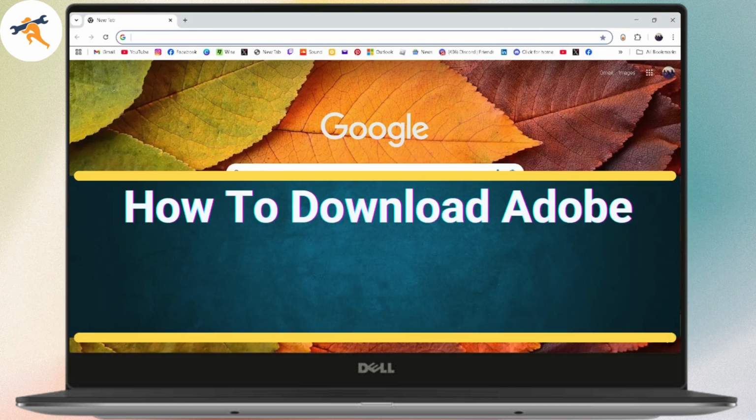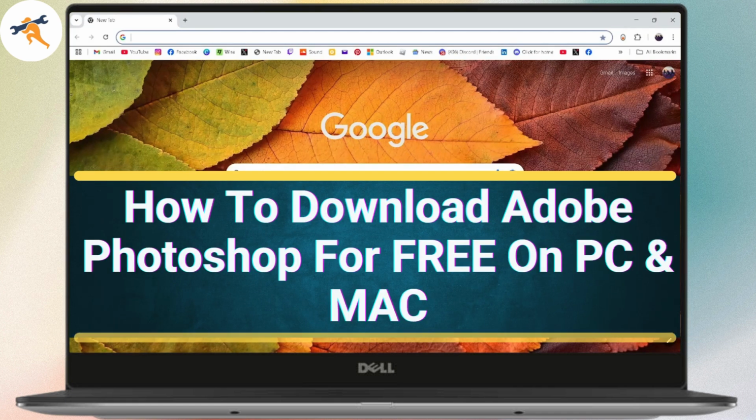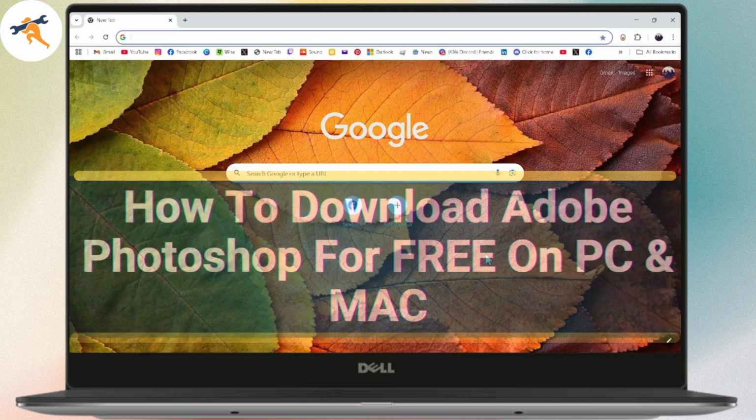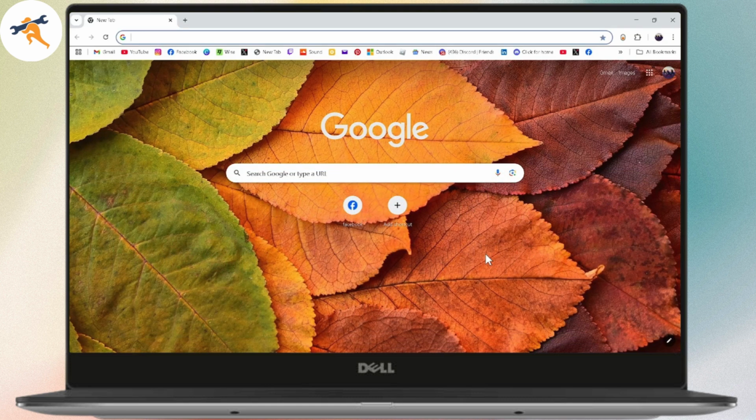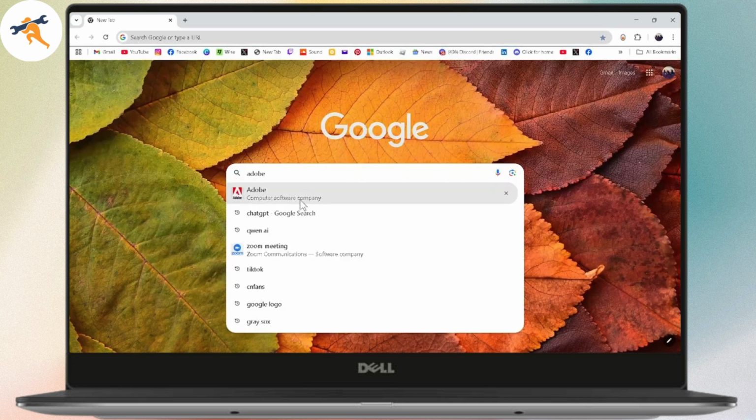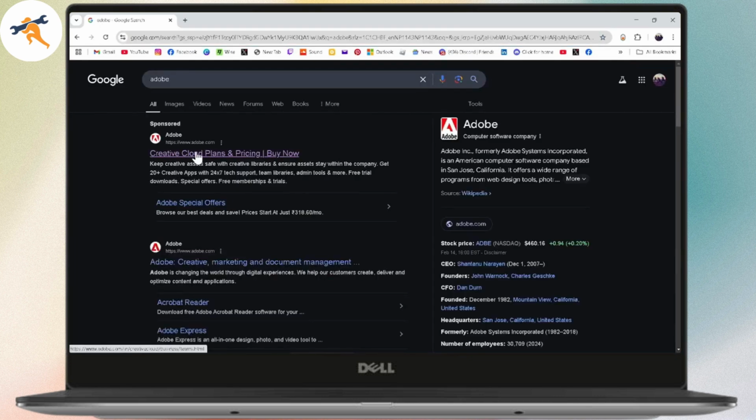How to download Adobe Photoshop for free on PC and Mac. So if you want to download Adobe Photoshop for free on PC and Mac, then what you need to do is first you just need to simply open up your browser. After opening your browser, you need to search for Adobe. After searching, you need to go with